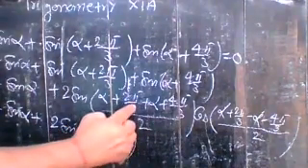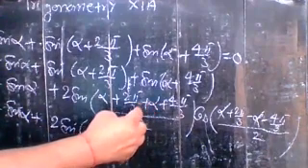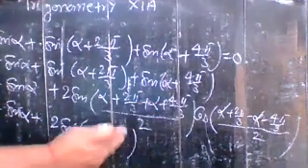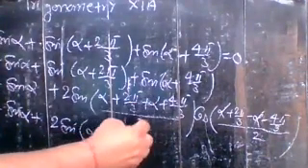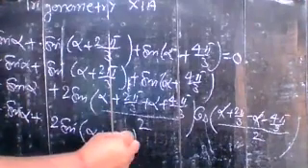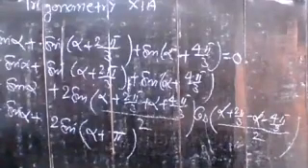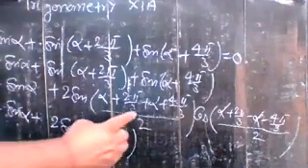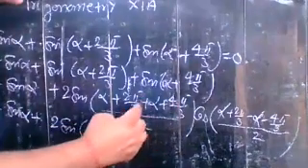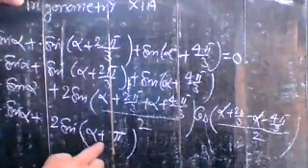Listen, 2 pi by 3. So 2 pi plus 4 pi is 6 pi. 6 pi by 3 is 2 pi. Oh, sorry, just wait. So here you have 2 pi, and 2 pi by 2 is equal to pi. So here you have alpha plus pi. Understand? Just listen once again. 6 pi by 3 is equal to 2 pi, and 2 pi by 2 is equal to pi. So alpha plus pi here.